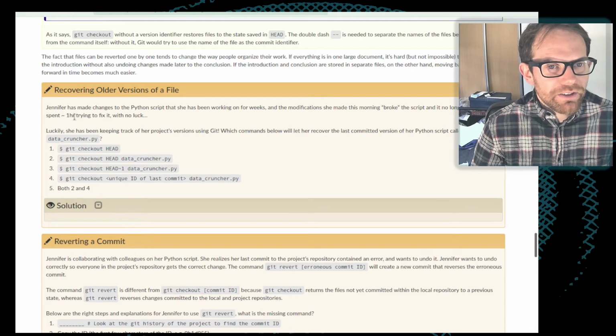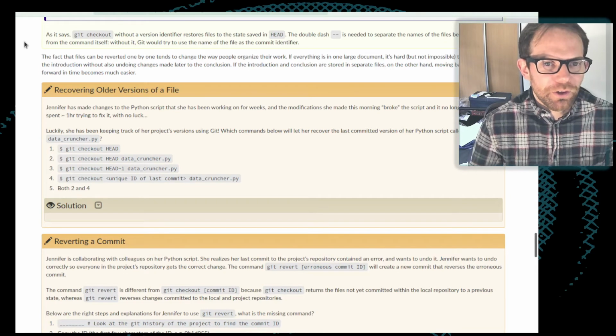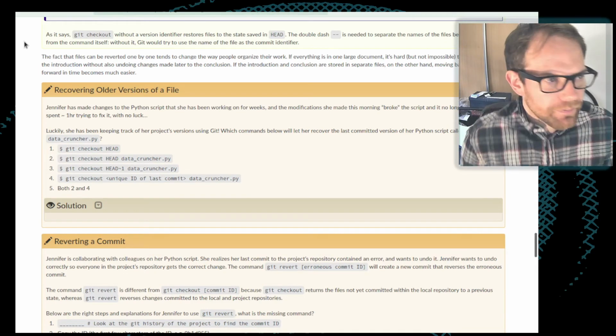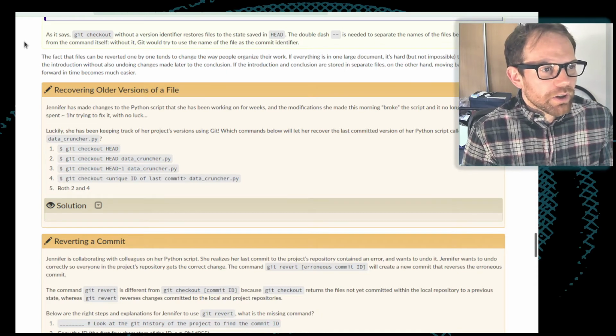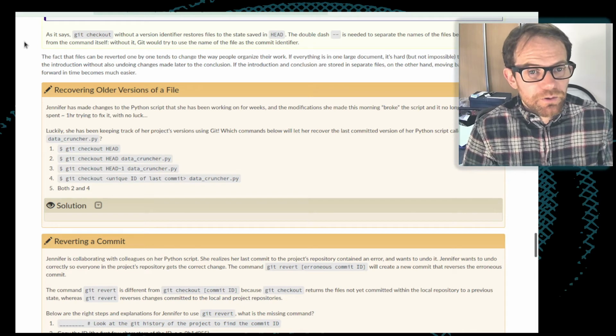So she spent about an hour trying to fix it and she's got nowhere. Fortunately, she's got the previous version of her code stored in a git commit. So what command will she need to run to recover the last committed version of the Python script? The Python script is called datacruncher.py.